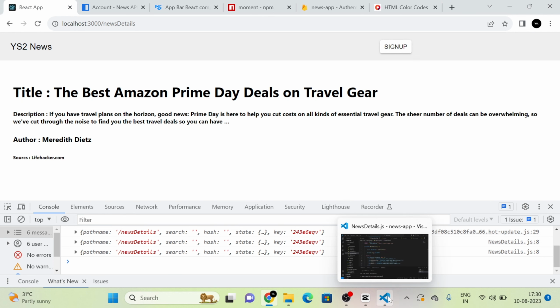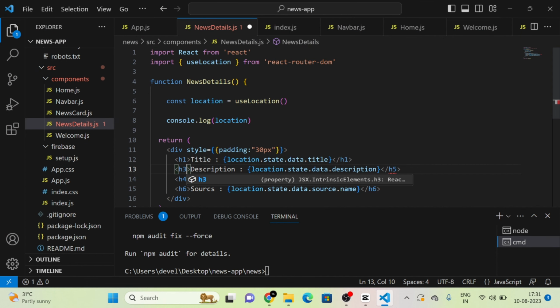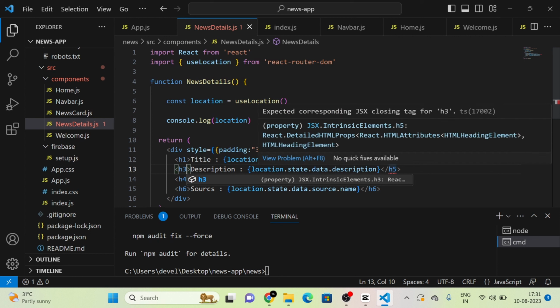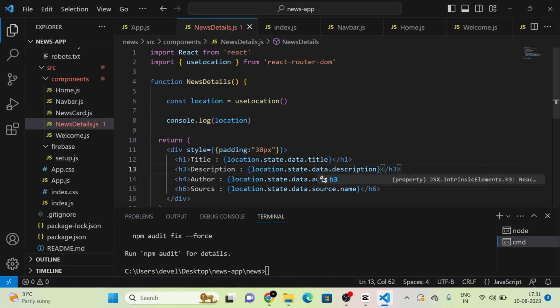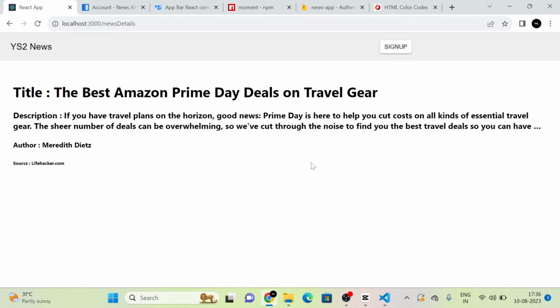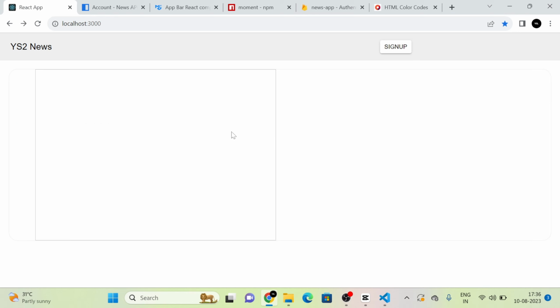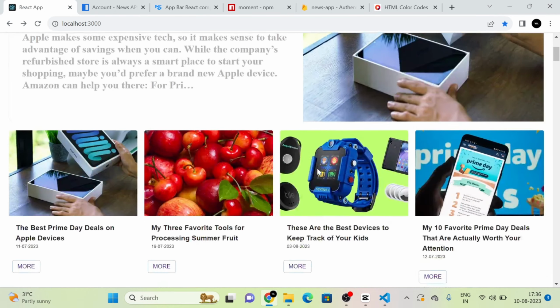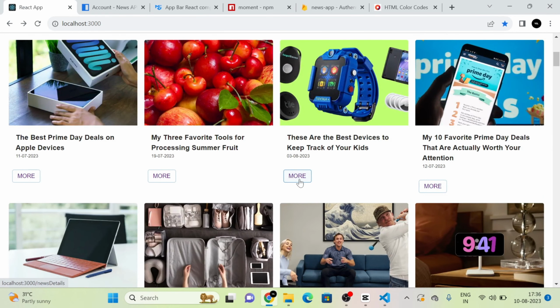So I'm giving the description in H3. So now you can see that here is a description and here is a title, author and source. So we have done the details section. So you can see that when we are clicking this more button, we will be redirected